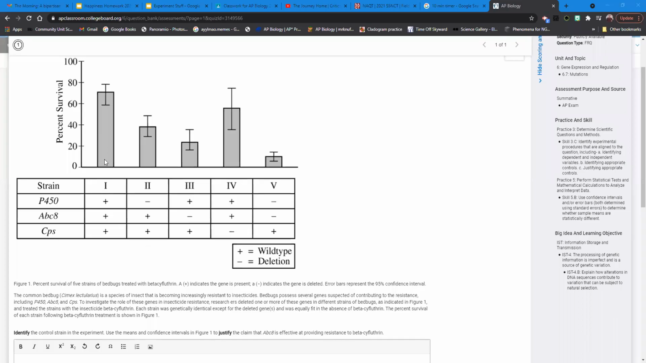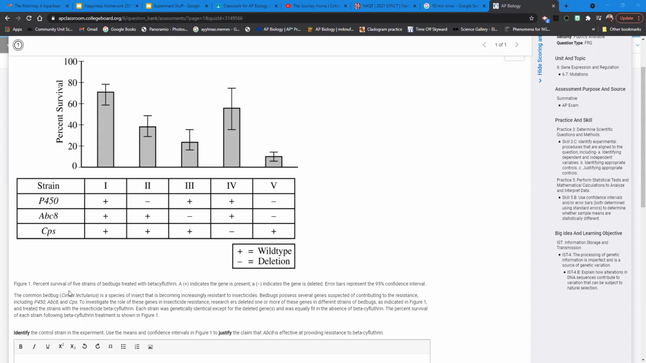All right, so we have these bedbug graphs. Isn't it fun to think about bedbugs and their resistance to insecticides? So what they did is they took these bedbugs and they treated them with a bedbug killer, beta cyfluthrin, great name. And then they knocked out genes. They deleted genes in these bedbugs, and they looked at essentially when they were deleted, what happened to the